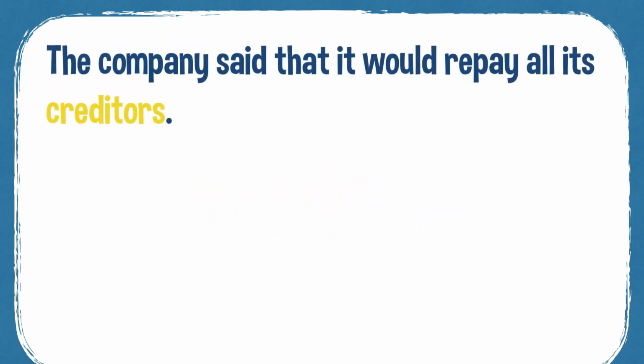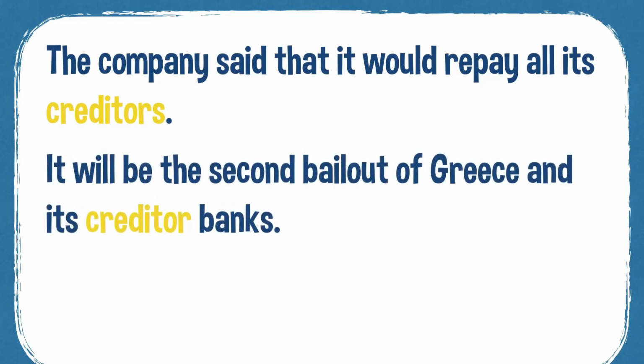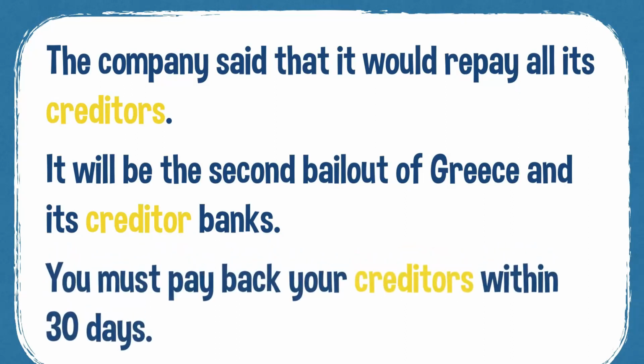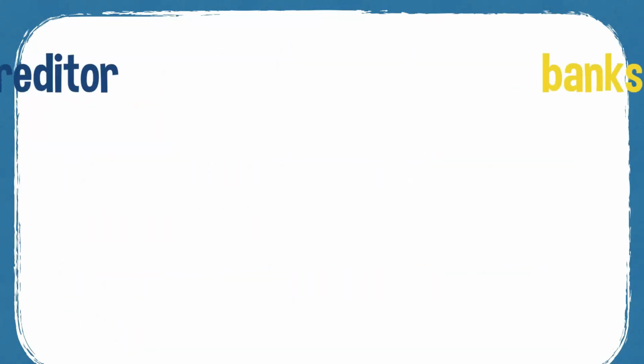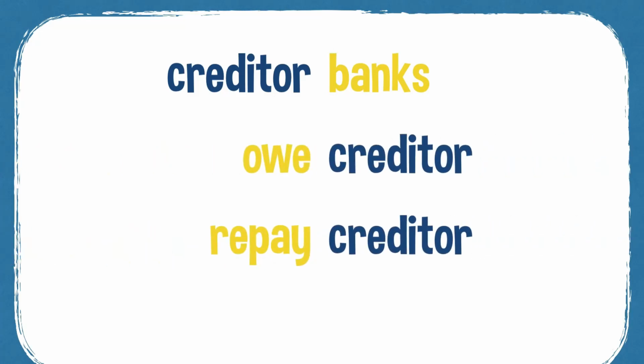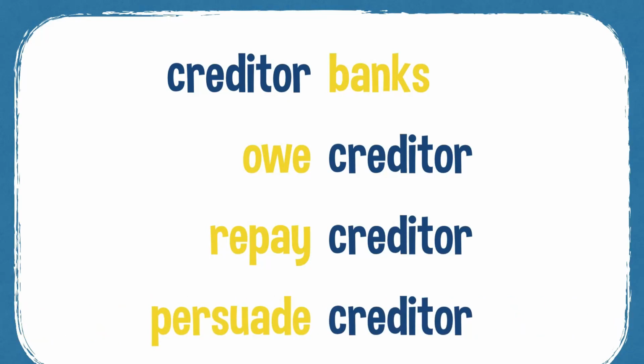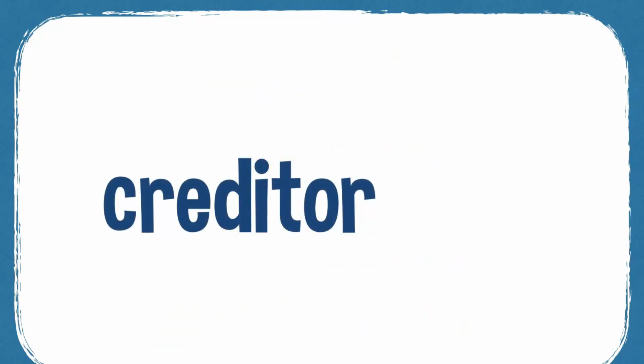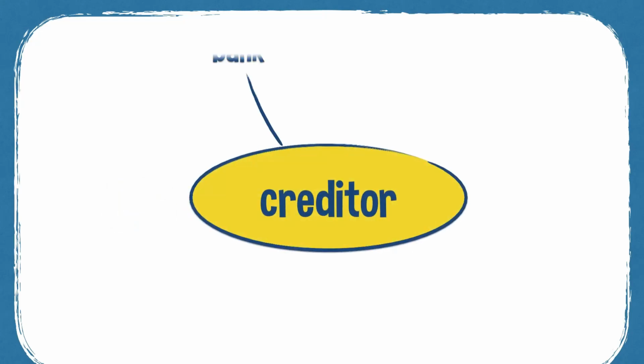So, for example, the company said that it would repay all its creditors. It will be the second bailout of Greece and its creditor banks. You must pay back your creditors within 30 days. So you can have creditor banks, you can owe a creditor, you can repay a creditor, you can persuade a creditor to give you more time to pay the money back. So creditor is a noun, so you can have lots of creditors. And the synonyms for creditor: bank, normally a creditor's banker,